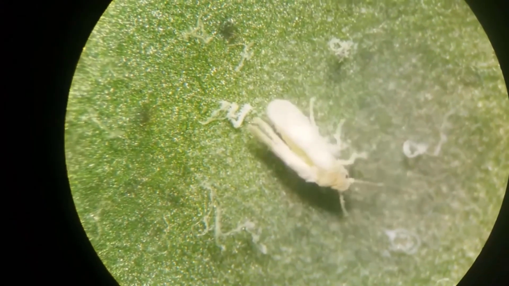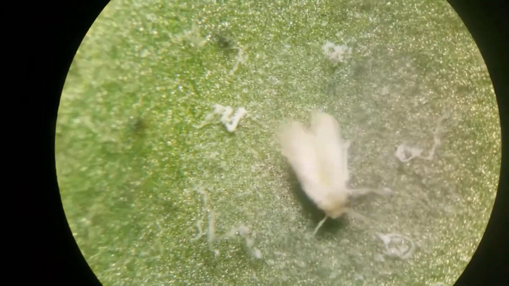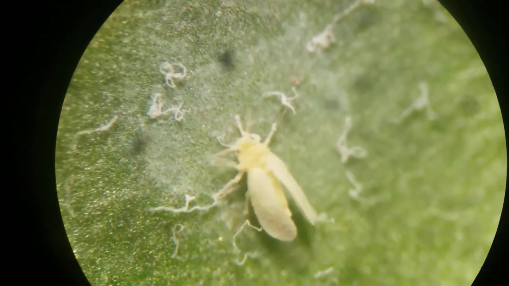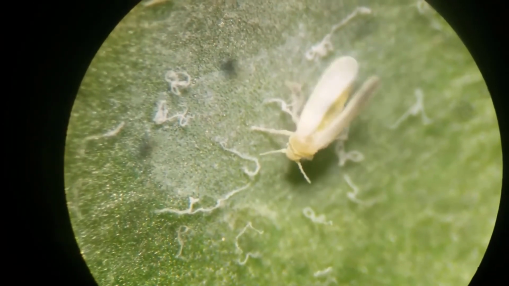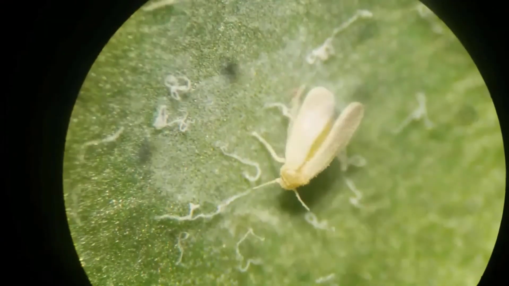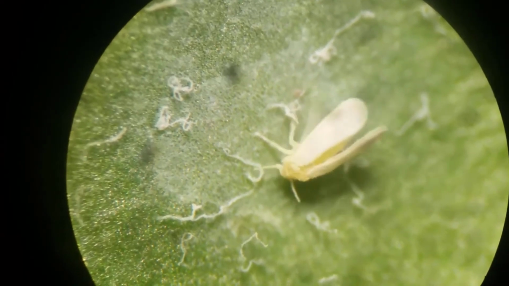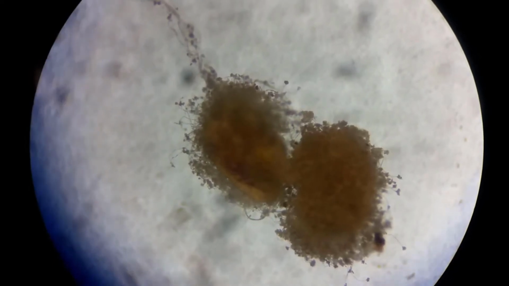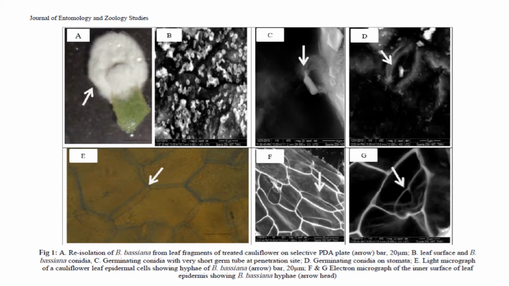Bemisia tabaci is one of the first pest organisms I really cut my teeth on, and it was where I developed a love for Beauveria bassiana because it was so lethal and so effective. I have multiple videos on my YouTube channel about Beauveria bassiana on whitefly. There's evidence of the hyphae gluing the body to the leaf and then killing it from the outside in and then the inside out. It's kind of a terrible way to go, but I think that's kind of cool. It's very alien.